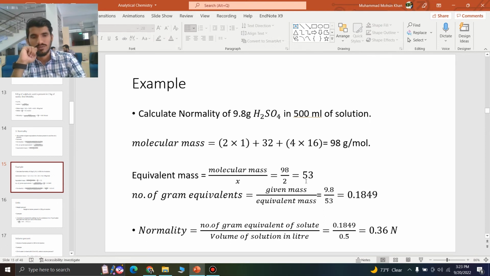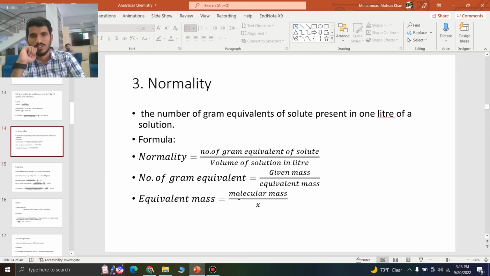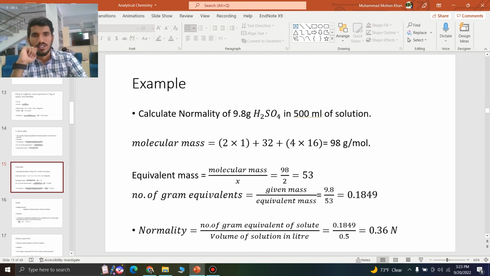we have 49, and 49 is the equivalent mass. And now what I have just done here is found the equivalent mass, and now I have to place this value in the above formula, and that will give me the number of gram equivalents. So now I have 49,